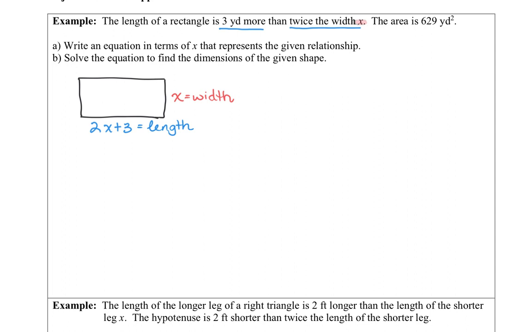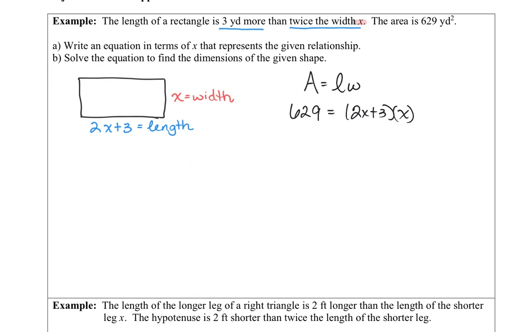Because they're telling you about the length, and using the width to do it, the width needs to be the variable. And then you can go ahead and write an expression that will tell you what the length is if you know what the width is. Okay, and it says the area is 629 square yards. Well, we know area for a rectangle is length times width, right? So 629 is going to be equal to the length, which is 2x plus 3, times the width, which is x,